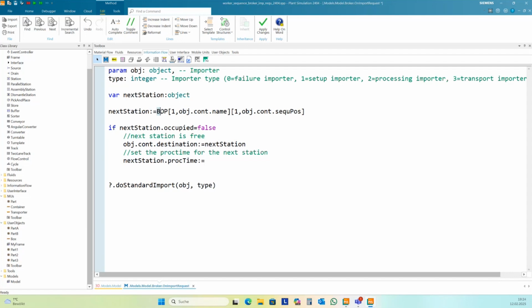I copy here this stuff. The proc time is in the second column, the same row like here, the next station. And then I need this standard command from plan simulation, do standard import, and this will mediate the worker to this job.